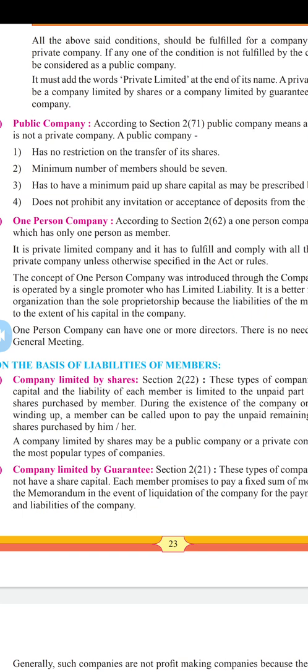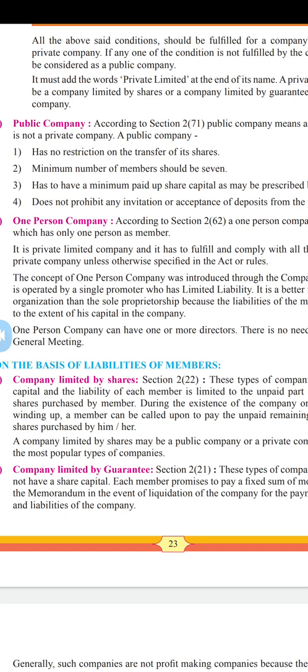Then, second is company limited by guarantee. These types of companies may or may not have a share capital. In this case, members promise to pay a fixed sum of money specified in the memorandum in the event of liquidation of the company for the payment of the debts and liabilities of the company. That means